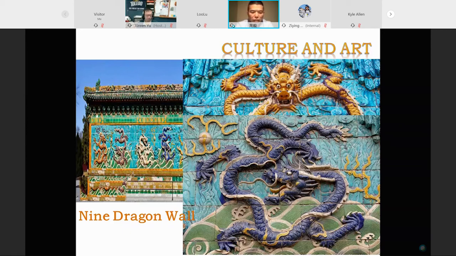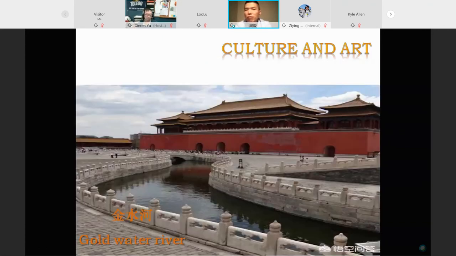And 5 is the middle number in the numbers from 1 to 9. So 9 is valued as the most noble, and 5 as the connector and the mediator. So in Chinese, the emperors like 9 and 5. This is also in Forbidden City, guys. The river called the Gold Water River, when it was built, it was built like a dragon, because it's for emperor. So the river was built like the shape of a dragon.